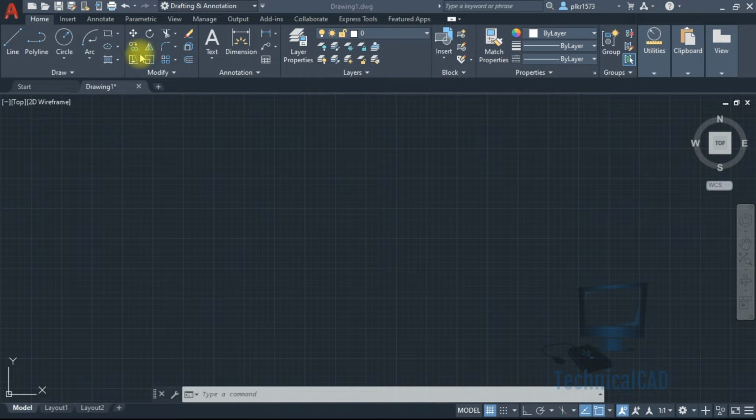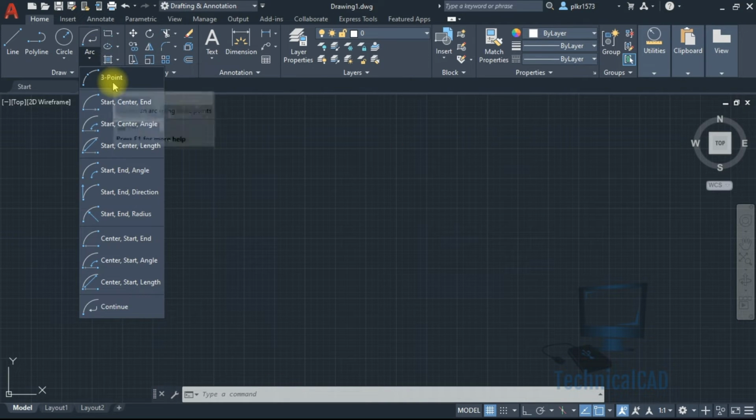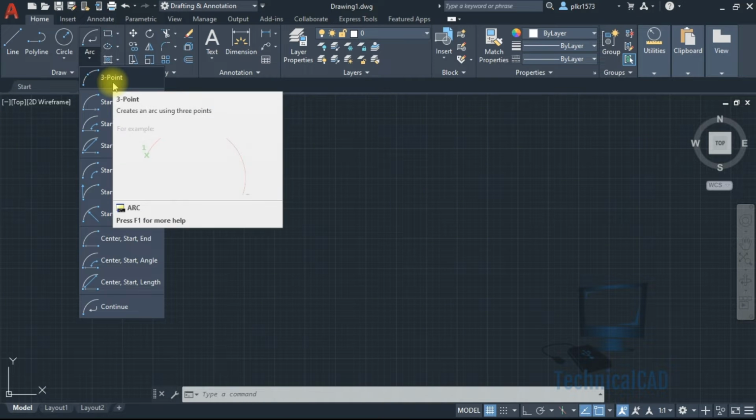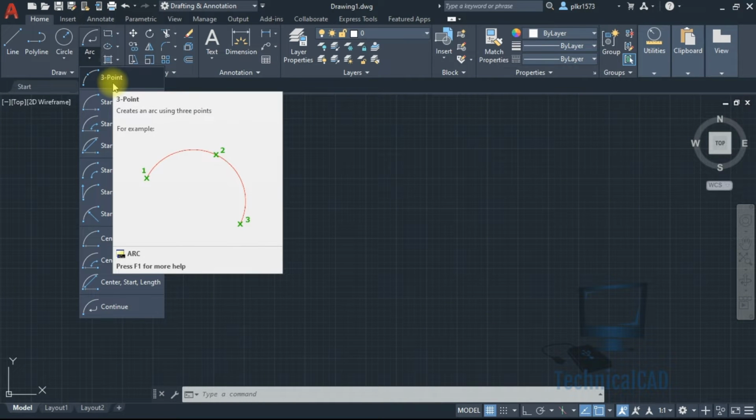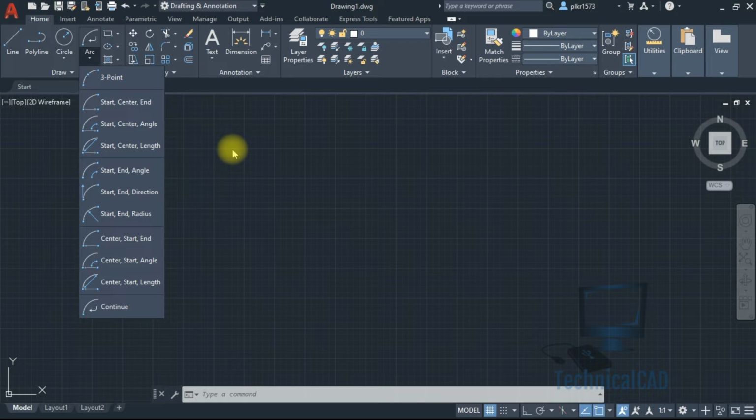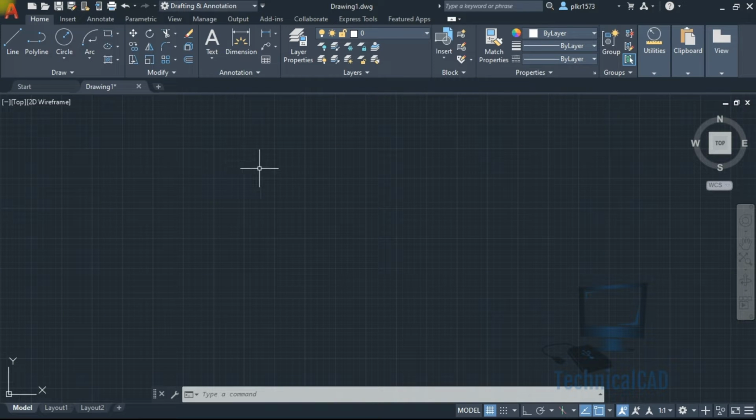In AutoCAD, we have 11 different types of arcs. Coming to the first one, we have 3-point. Here it creates an arc using 3 points. If we have 3 points, we can connect those 3 points. For suppose I have a point 1,